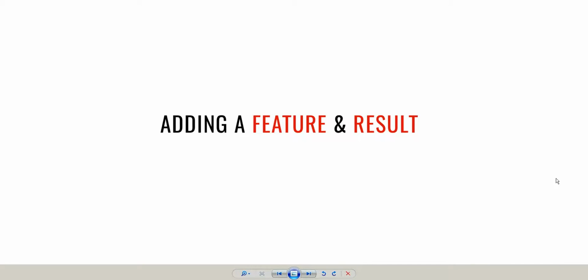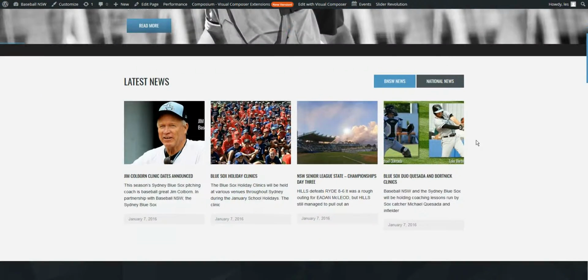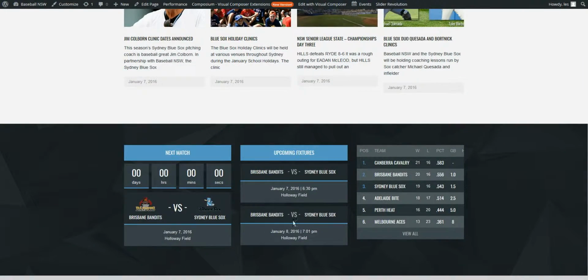I'm briefly going to show you how to add a feature and result to the website. If you go to the front of the website and scroll down below the news, you'll see the options for where the next match is and the upcoming fixtures, as well as the team standings for the National League. This is only following Baseball New South Wales, so it's only going to follow their state team, which is Sydney